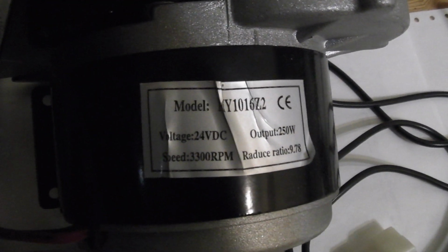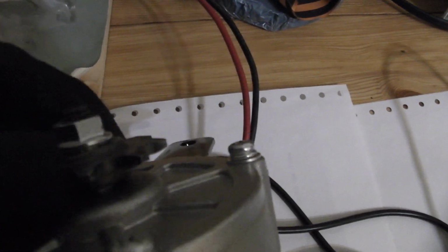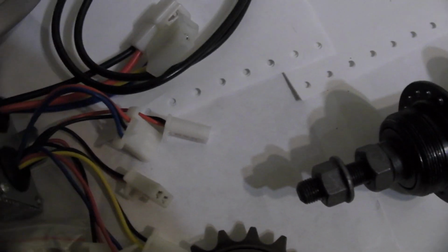This one's only 250 watts. The one I'm using is 450 watts. Same gear ratio, 9.78 to 1. Chain driven through a small chain on this gear here to this freewheel. I've been able to drive that